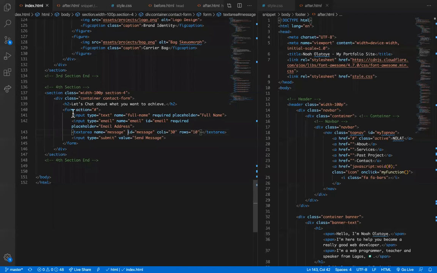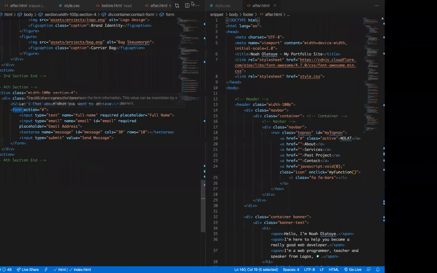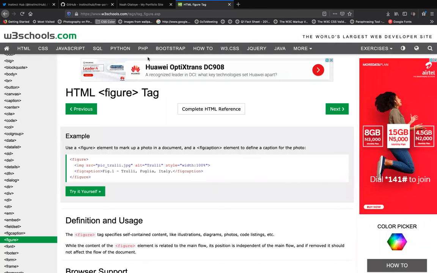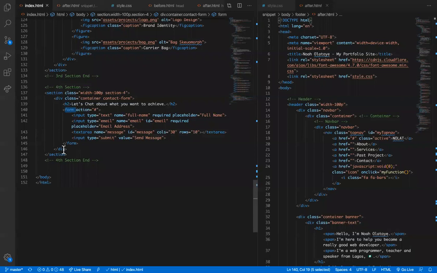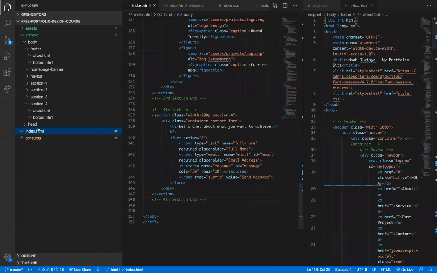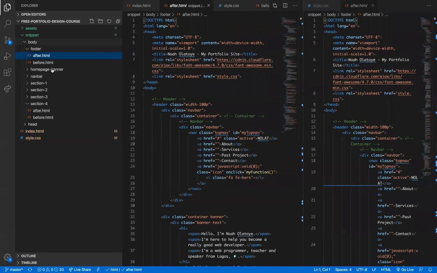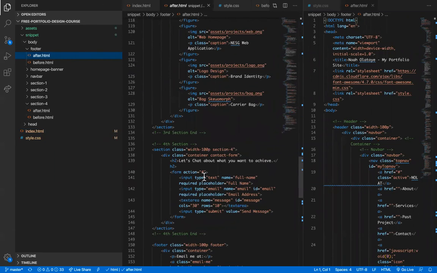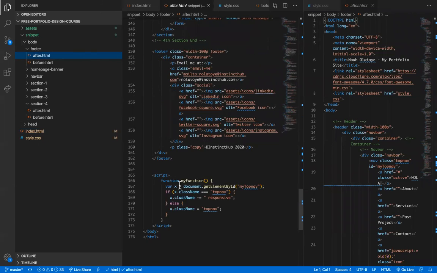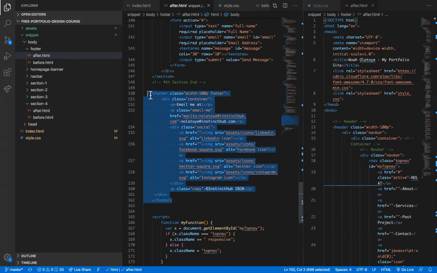If you want more tips about the form, you can always go to Google and search HTML form, and you'll see lots of information about it. So let's check out the last, which is our footer. Our footer should be here. So when I copy the footer section and I paste,